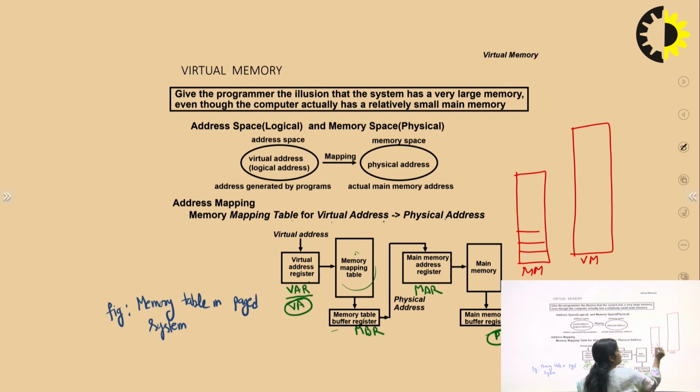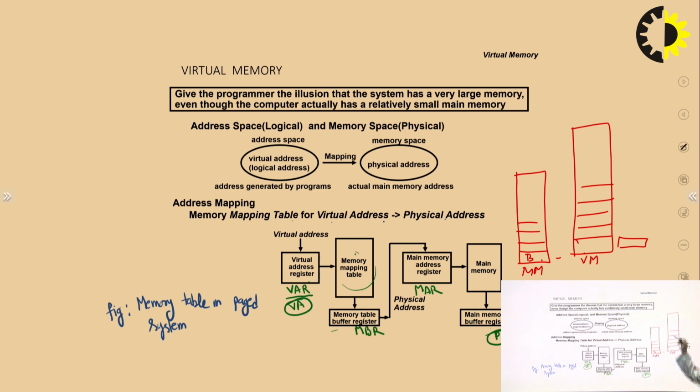All these particular blocks where the data is going to be stored in the main memory are called what? Blocks. And in the virtual memory, these particular blocks are called pages. For identification of these blocks, we have the physical address, and the virtual memory having all the particular addresses are called virtual addresses.